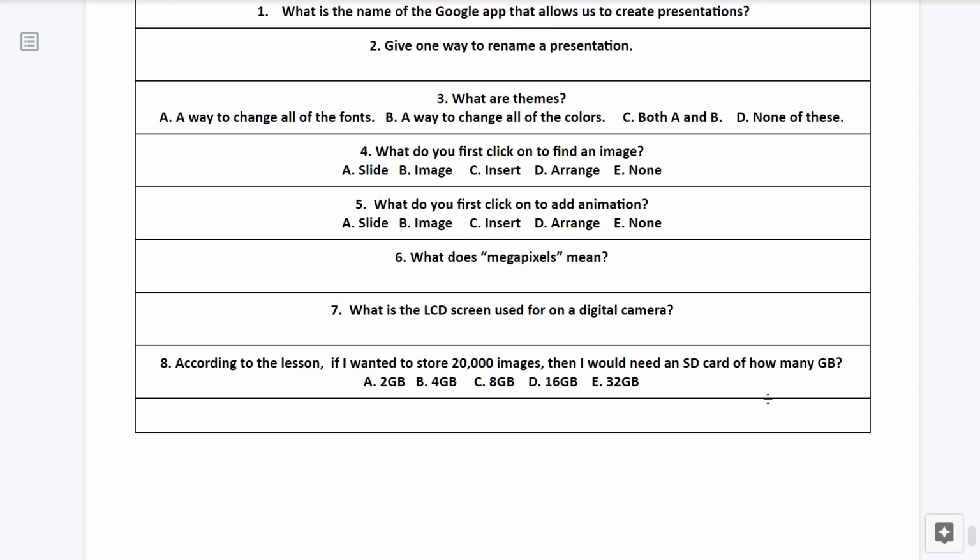Question number 8. According to the lesson, if I wanted to store 20,000 images, then I would need an SD card of how many gigabytes? Is it A, 2 gigabytes, B, 4 gigabytes, C, 8 gigabytes, D, 16 gigabytes, or E, 32 gigabytes?